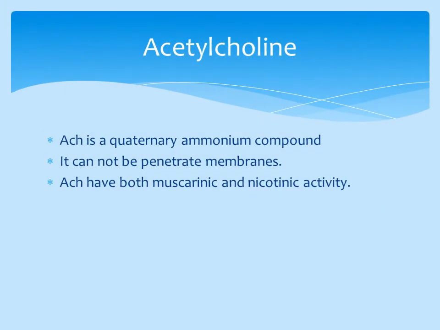Again, different types of receptors are there. In parasympathomimetic drugs, there are mainly two types of receptors present. One is the muscarinic receptor, another is the nicotinic receptor. In the muscarinic receptor, there are three types: M1, M2, and M3. And you have to know the exact location of each receptor. That is, the M1 receptor is present in the CNS, the M2 receptor is present in the heart, and